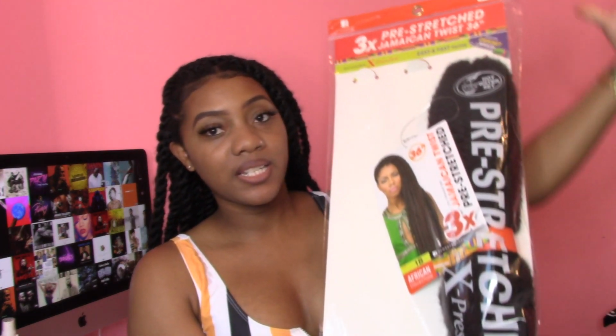So the hair that I use for this particular hairstyle is the pre-stretch Jamaican twist. I got 36 inches, and this particular package came with 3 different packs, and I got a total of 3 of these packs. So as you can see here, I have 1 pack left. So in total I use 8